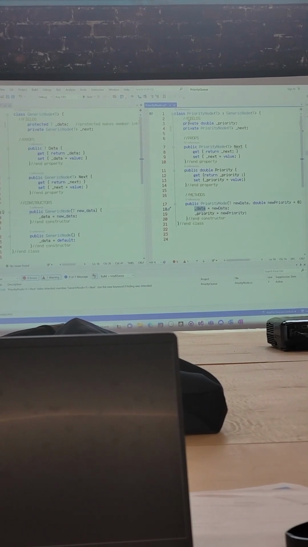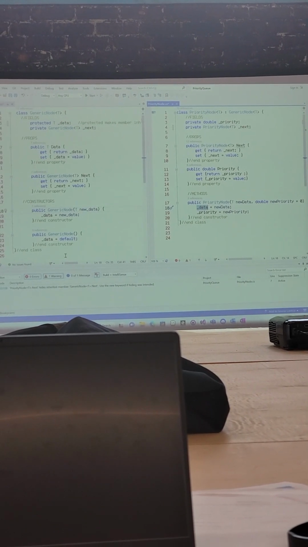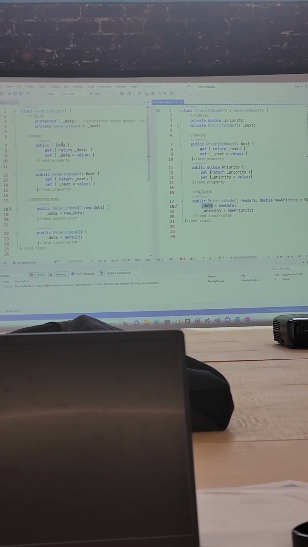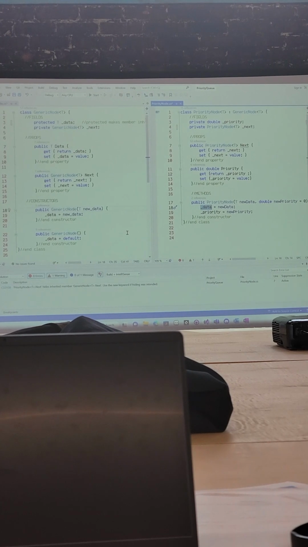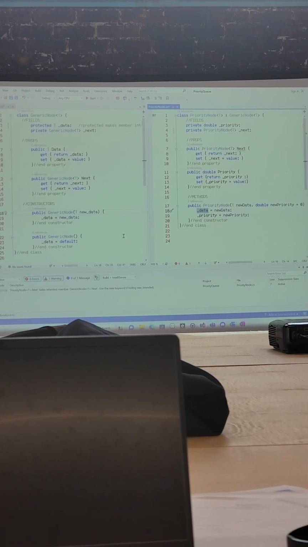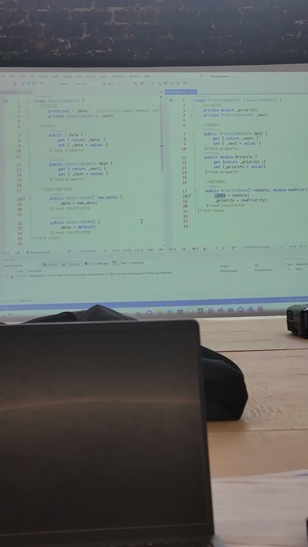So we can see the priority node class is a little bit smaller than a generic node class because it didn't have to re-implement things that the parent class already did. Any questions about the